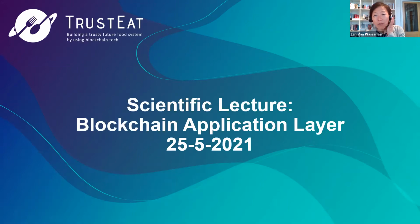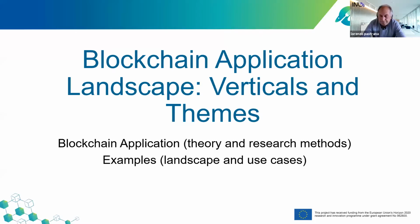So I'm going to go through the slides. We have put a subtitle to this talk. It's about blockchain application landscape. It's very difficult to describe what a landscape is, but we will introduce first some general themes, then we'll give some...